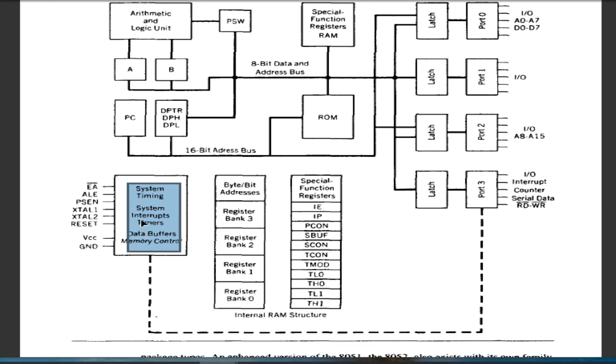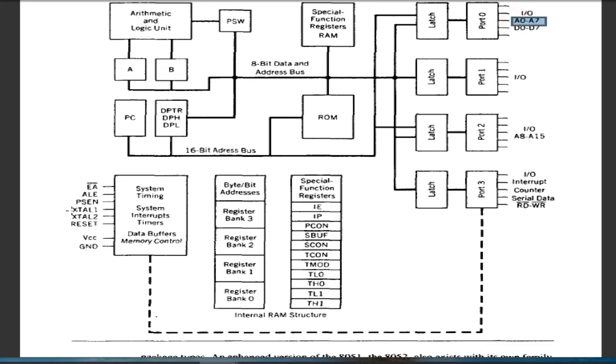These are also the pins which are provided by the 8051 architecture. So here the first pin is external access. External access is enabled, meaning if you are going to use external memory, then you will be using this pin. Then the second pin is ALE, address latch enable. If you are going to send an address on the address bus of this 8051, then you will make this pin 1, so that it tells you that whatever contents are on the address bus are valid contents.